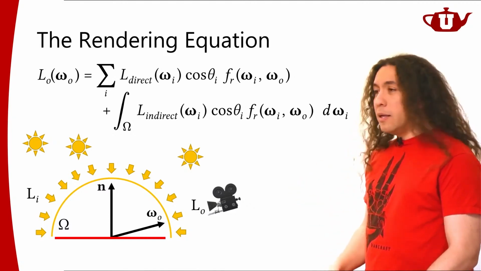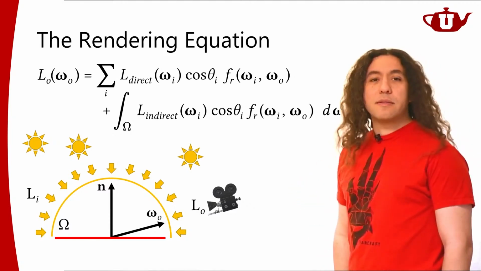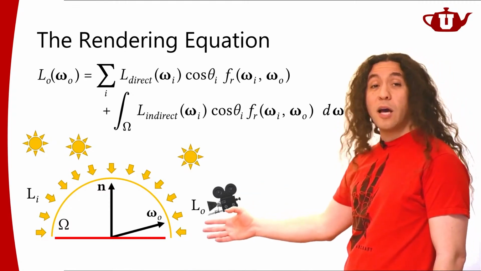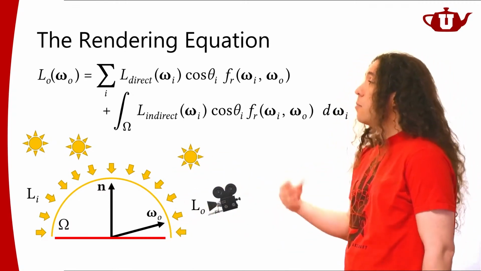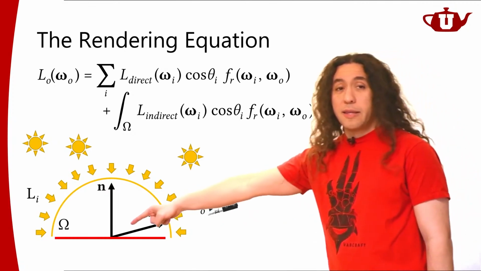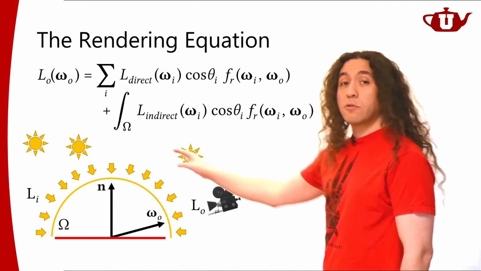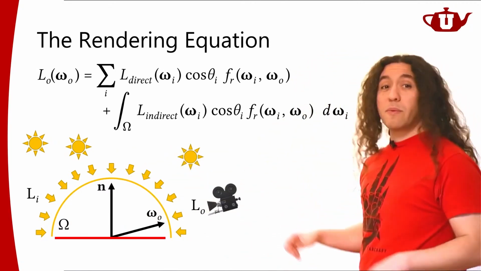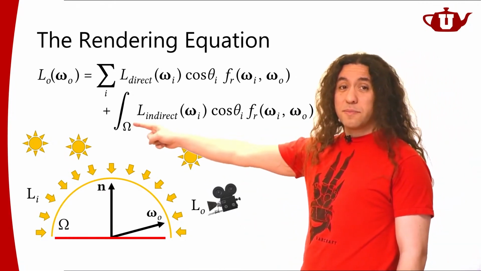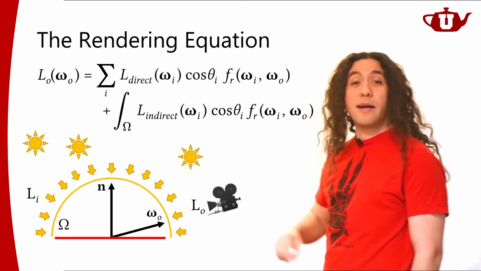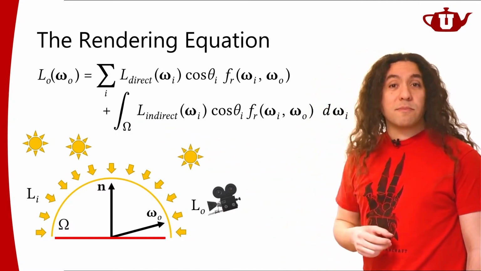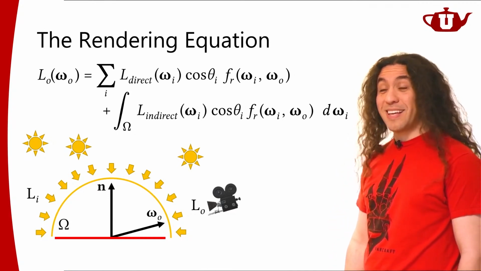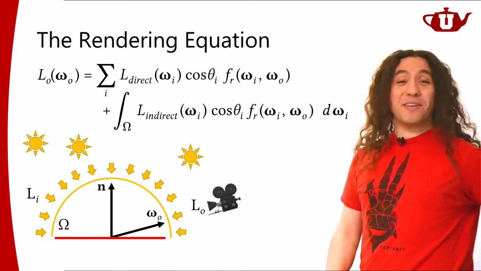That's the idea. So you may think that this integral is what makes things difficult, and it is in some ways, because I need to look at all directions, because I'm going to be seeing some objects in all directions. Like I'm shading this very point, but when I'm looking at all directions over this hemisphere, I will be seeing something probably in the scene. So light is coming from everywhere. So this integral over this entire hemisphere makes things difficult. But there is one more hidden difficulty here, which makes things even more difficult.